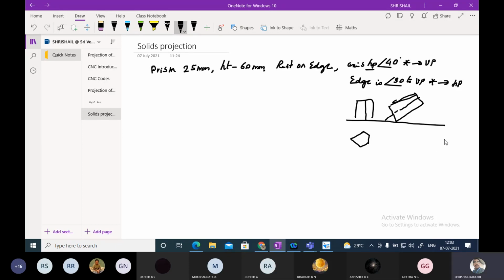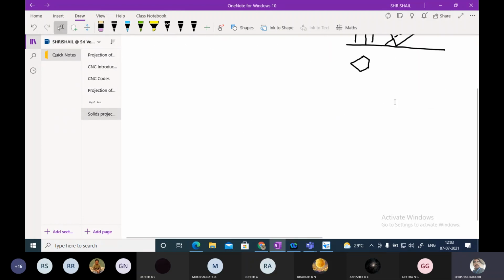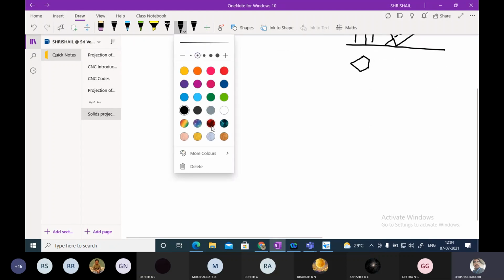Okay, inclined like this, and next we'll see this. It was the initial position. If you know, then definitely anyone can do this problem. It's not a big issue. Okay, we'll try to do this.